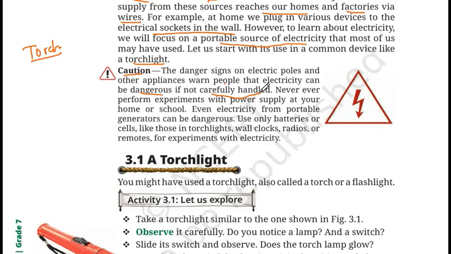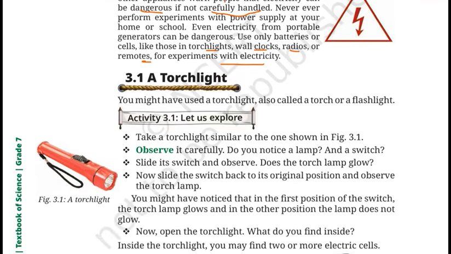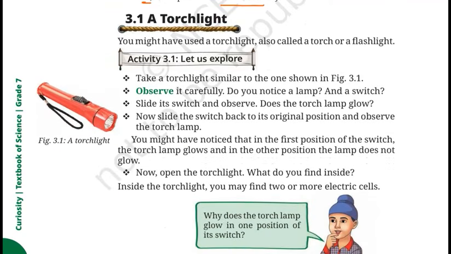So what you need to do is you should only use batteries or cells like those in torchlight, wall clocks, toys, radios, and a remote for experiments with electricity. Why? Because they generate a small amount of current which is sufficient for your activity, and it will not cause any kind of harm. Okay, so since we were talking about torch, let us read this activity which talks about